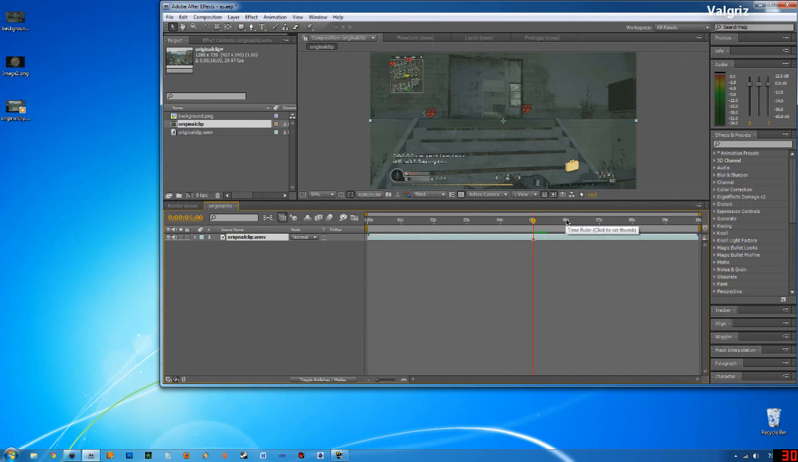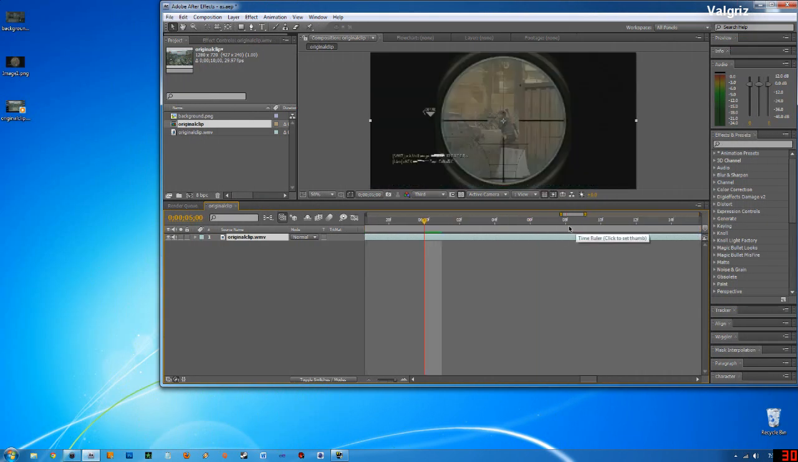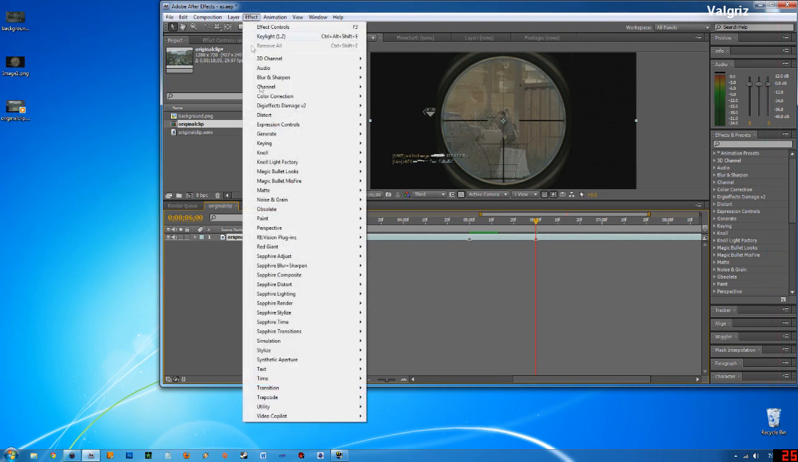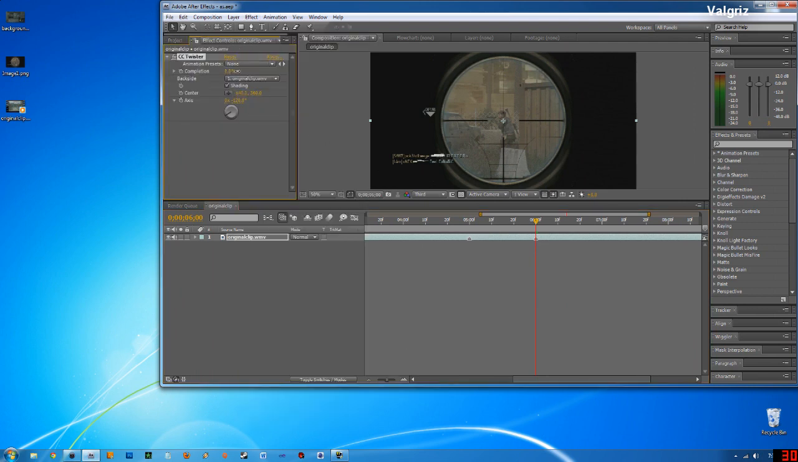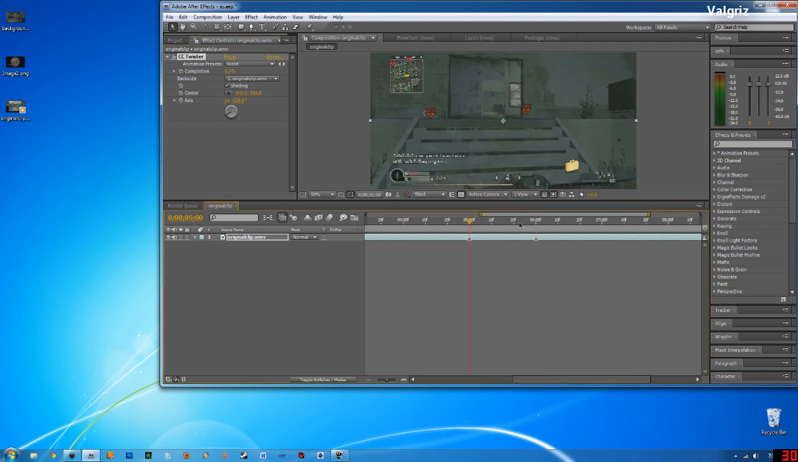At 5 seconds and at 6 seconds you want to do the same thing: hit the star on the numpad. Then click on the clip, go to Effects, then Transition, and then CC Twister. There we go. Now, at 5 seconds you are going to keyframe Completion, down arrow, down arrow, down arrow,